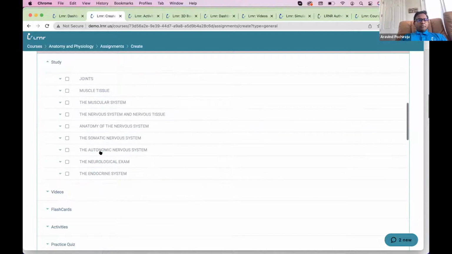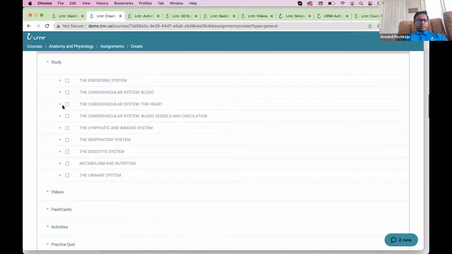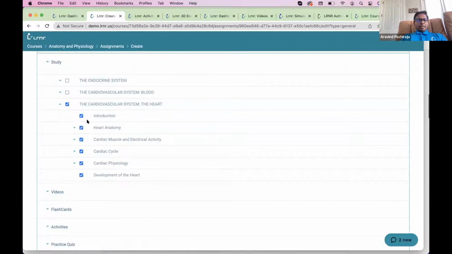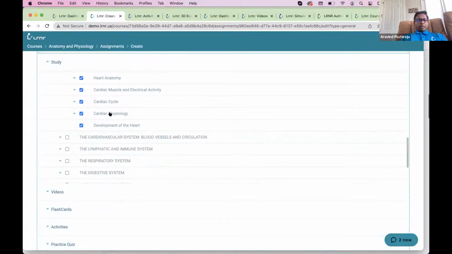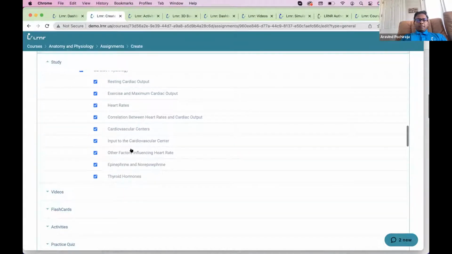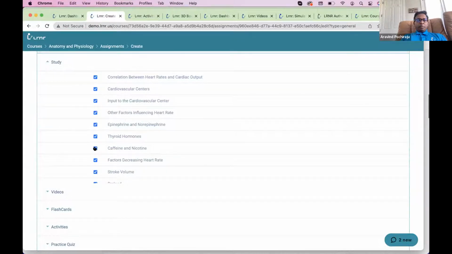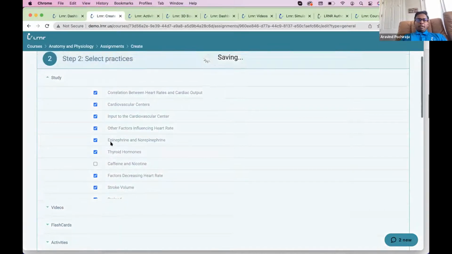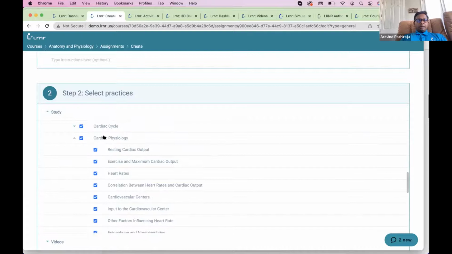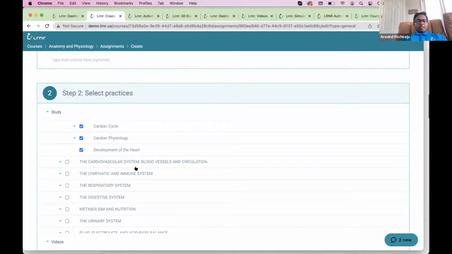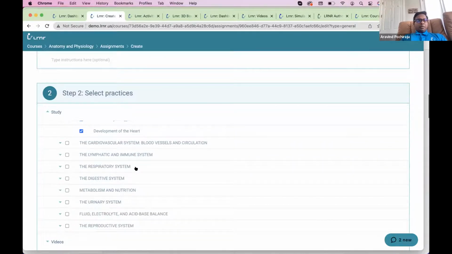All right, so let's go to cardiovascular system, the heart. Again, same thing. You might, in cardiac physiology, I'm just giving you a random example, not want to cover caffeine. You can let students know that, hey, that's your syllabus and that's what you want them to study before they do the